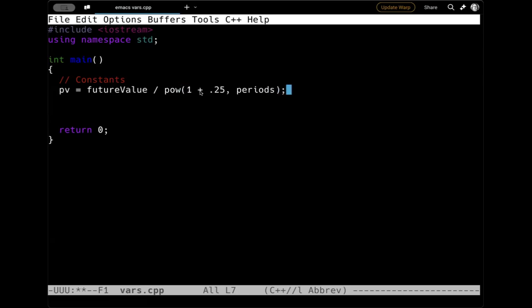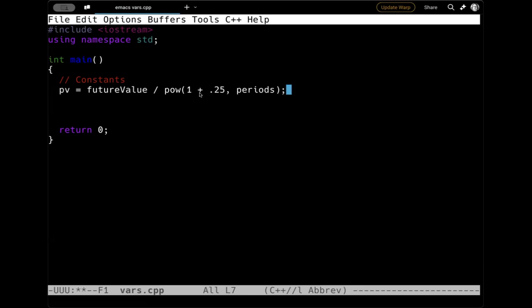So when you look at this formula, if you had a business class, that's present value, that's future value, periods, how many periods are going to be for the loan or the investment or whatever it is.